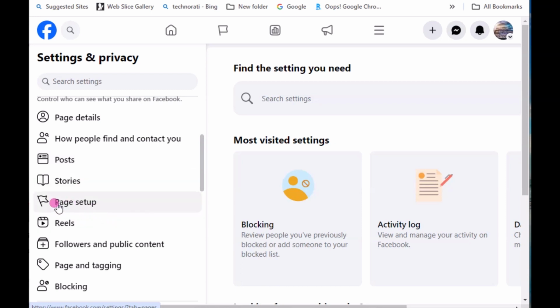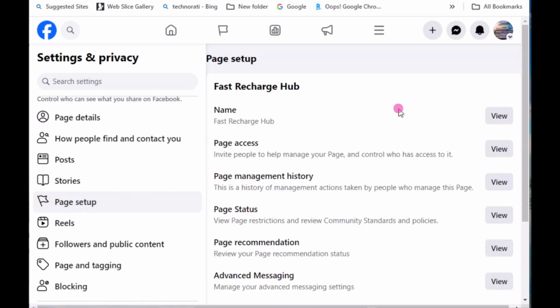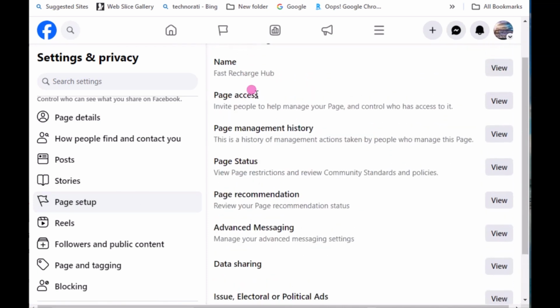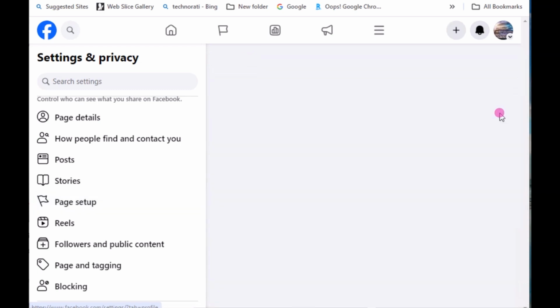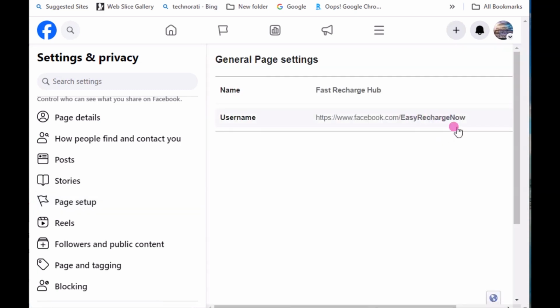You don't have to look for anything. Most times you see page settings, so you click on page settings. You can see the name appears here. From here you can access the page and so many things, but here you just click view. As you click view, it gives you options, then you click